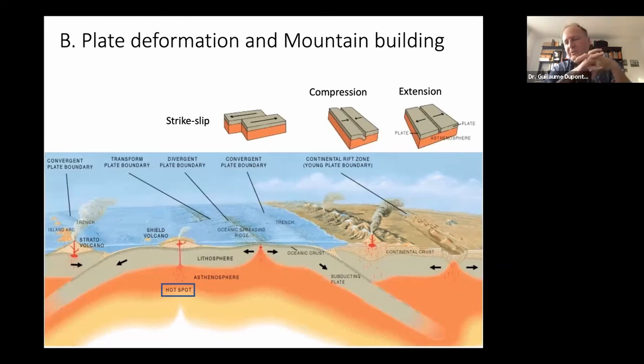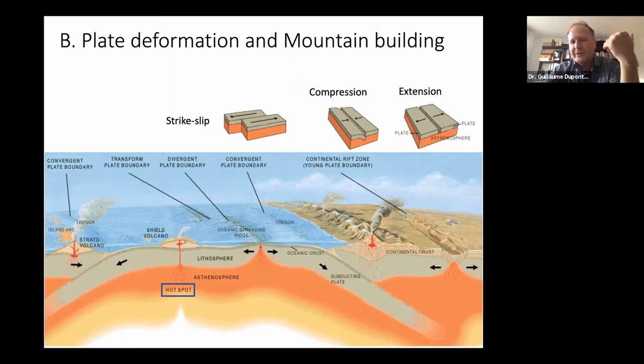So now what I want to talk about, and probably I don't have time to finish this, it's just an introduction about plate deformation. Here you should know a little bit more on this, at least a geologist. So I'm going back to this original figure of plate tectonism. What we explained in the beginning is that at a collision zone, you will create some mountains, or you might have some extension. And this is important because it enables the deformation of plates.